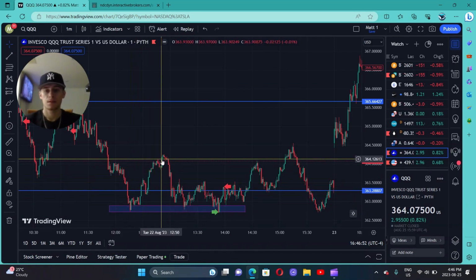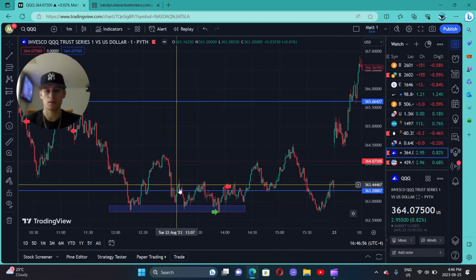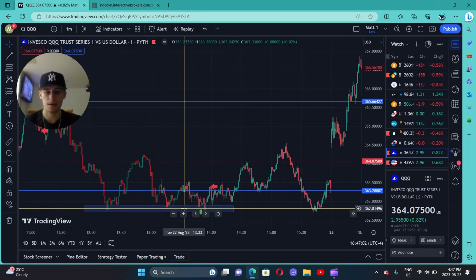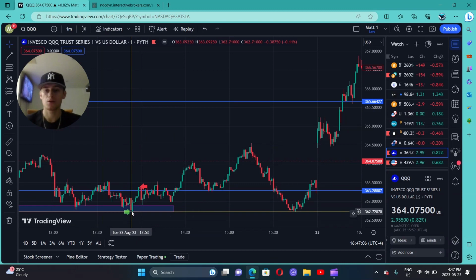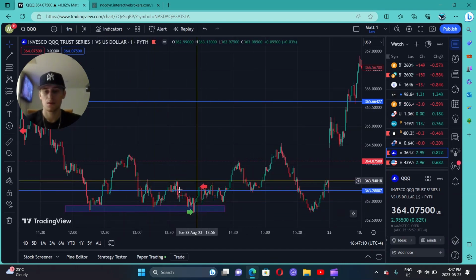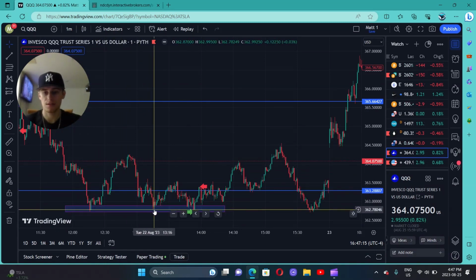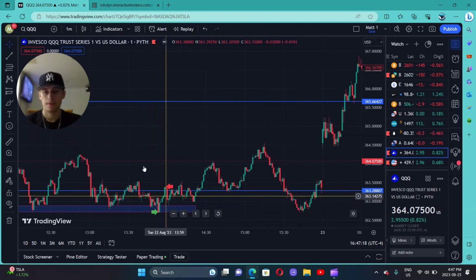So the sellers brought it down, the buyers held this area. We're like, nope, we brought it down here before, we're going to hold this level again. And then the sellers pushed it back down again, the buyers held this area and pushed up again. So once you see multiple touches, or once you see price coming down here and you see a confirmation that the price is going up, that's usually a good opportunity,